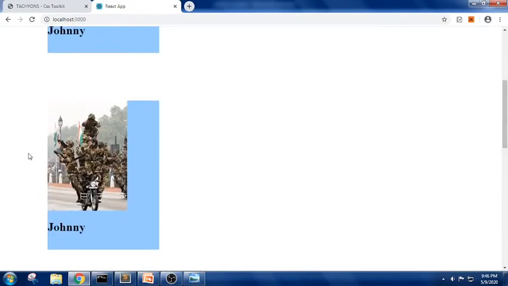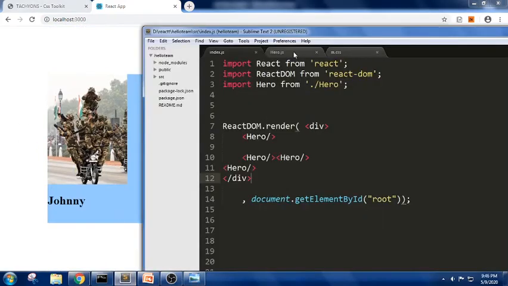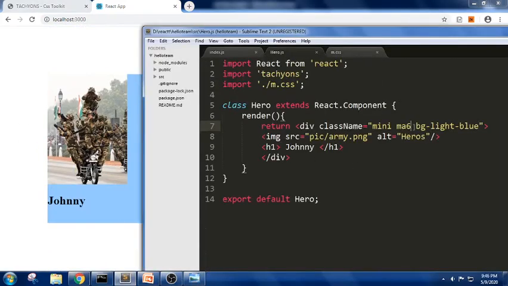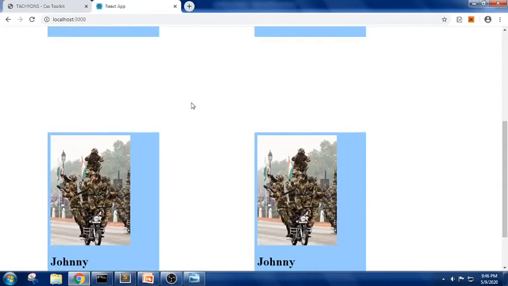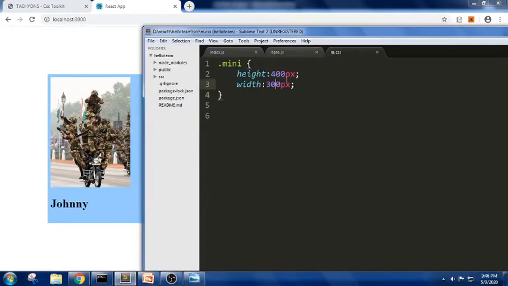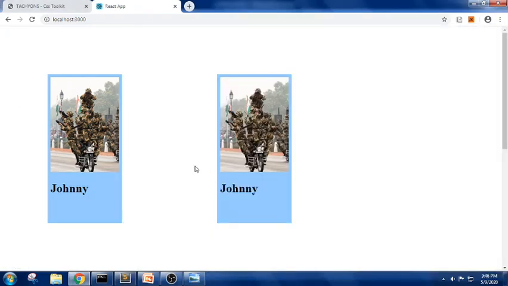But it should be able to display everything in the same line. So we have a property called display inline block. I'm trying to write display inline block. In Tachyons we have div, and I'm trying to use padding 2. So we got this thing like this. Let me reduce the width of it. It is 250, and let us write 200 now. Yes, it is done.